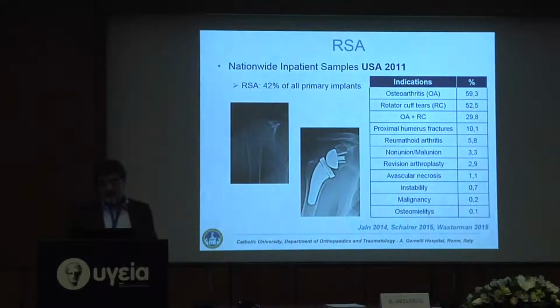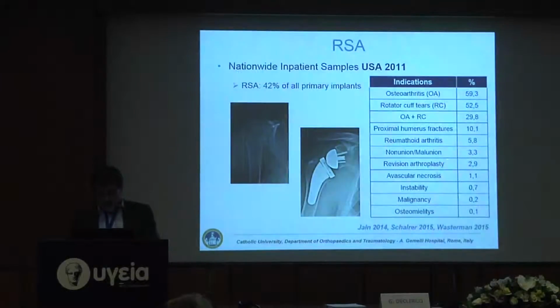Basically, indications are focused on the treatment of osteoarthritis and rotator cuff tears or rotator cuff tear arthropathy. But even different indications have been suggested, and reverse shoulder arthroplasty has been used for different pathologic conditions